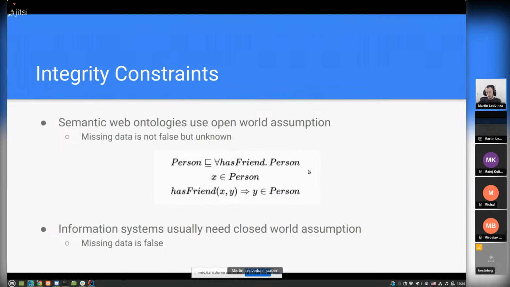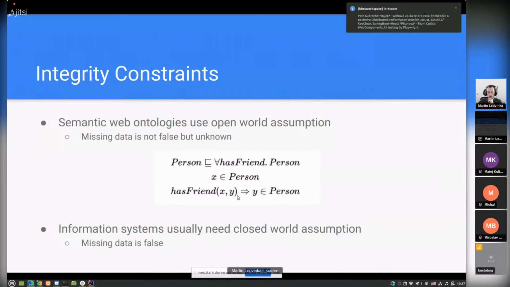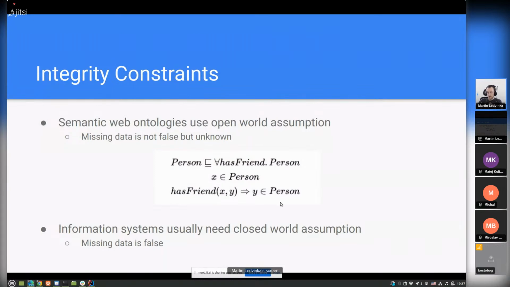I have an example here. So we have an axiom which states that every friend of a person is also a person. Then we have X, an instance of person, and we say that X has a friend Y. But since we don't state that Y, or we don't say any classification for Y, the reasoner, to stay compliant with the first axiom, will infer that Y is a person as well,